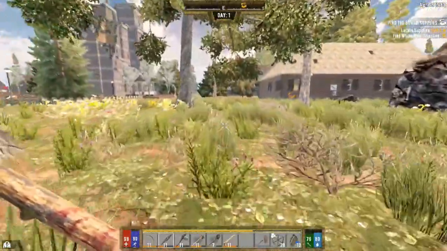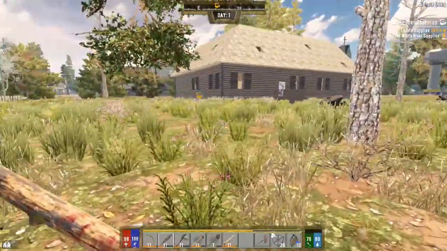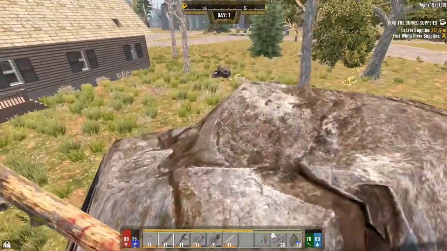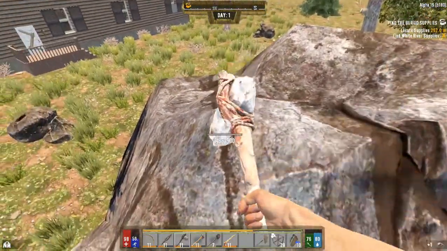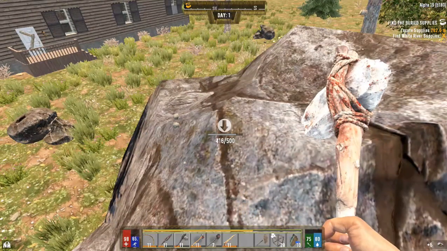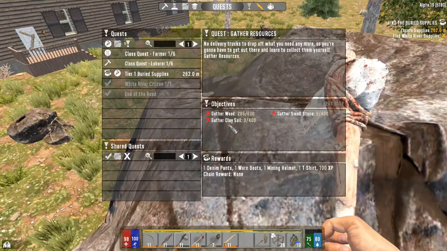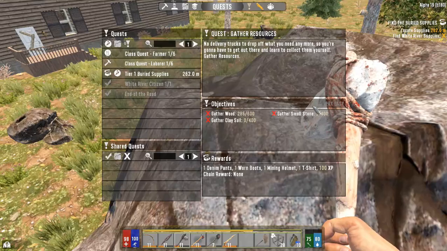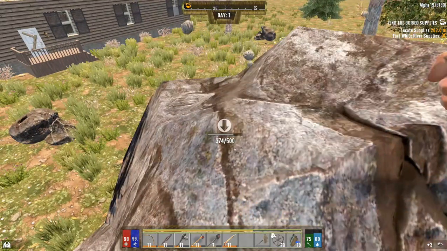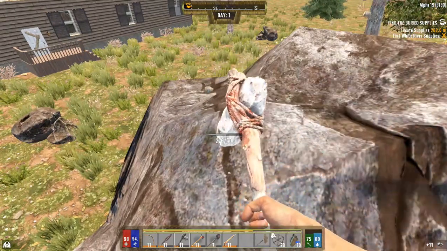We need to get ourselves some rock. Like I said, hopefully this place has some yucca somewhere, because that's what we need for that next quest. We also need to get a bunch of rock so we can get on with this labor quest here because we need 600 wood, 400 stone, and 400 clay, which isn't a lot. But before I like to build my base in this mod, I like to do this quest because